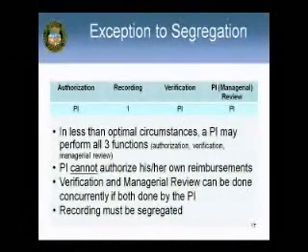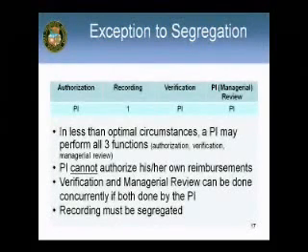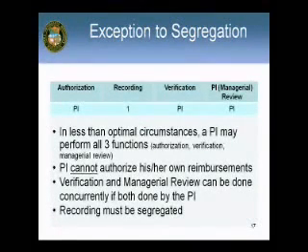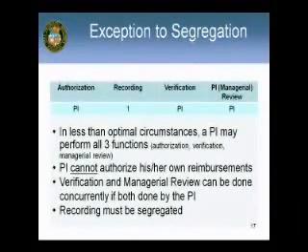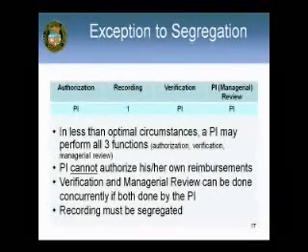This is a chart that's similar to what we did this morning as far as laying out the optimum level or less than optimum level of segregation. And the purpose of this is to demonstrate that the PI can do a lot of things. And we're saying the PI can't authorize their own reimbursements, and that really somewhat falls into our unrestricted rules too. There's also one thing that we didn't write down here that we probably should have, but they won't let me write it down, so I couldn't.